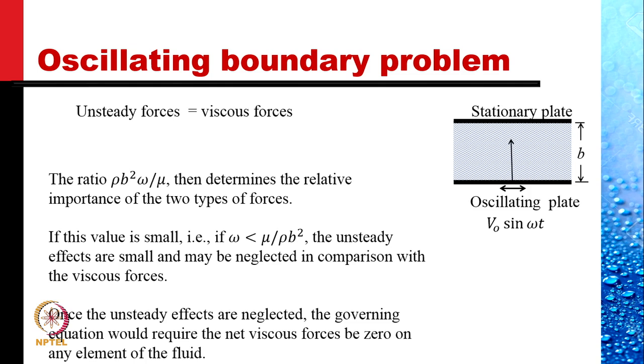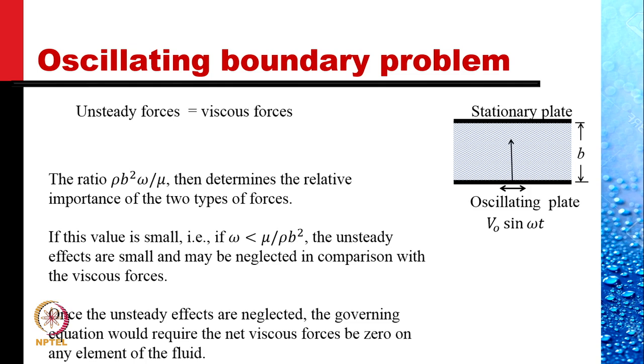If this value is small, that is, if omega is much less than mu divided by rho b square, the unsteady effects are small and may be neglected in comparison with the viscous forces. Once the unsteady effects are neglected, the governing equation would require that the net viscous forces be zero on any